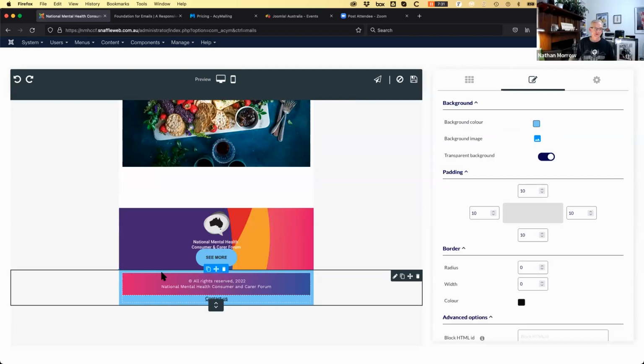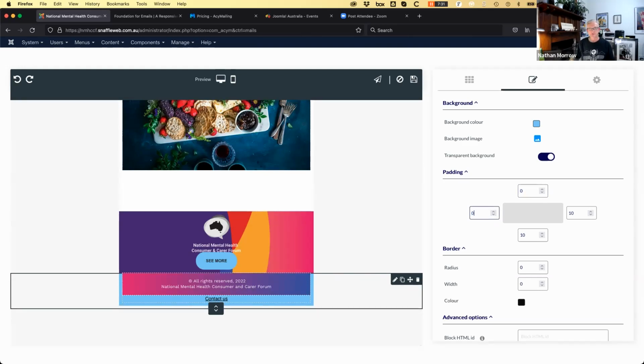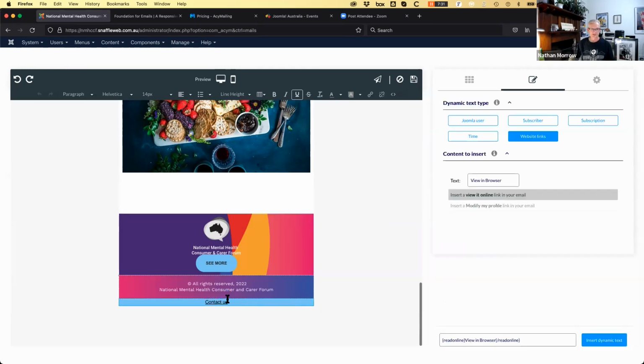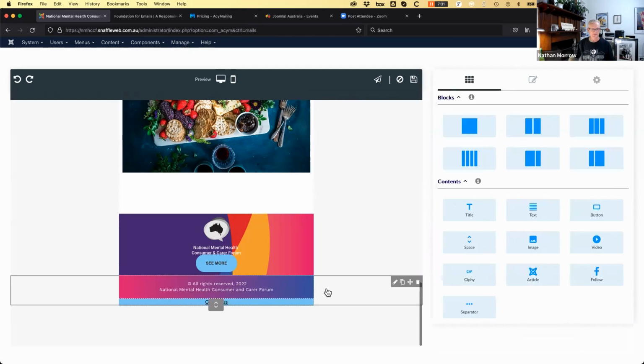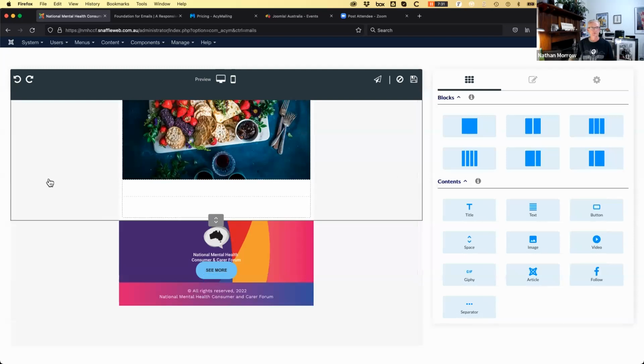One thing I meant to mention earlier is on these outer panels, you can also control the padding of them. So I want this one to be tight. So I'm going to go with 0, 0. I'm going to get rid of the little bottom row there.